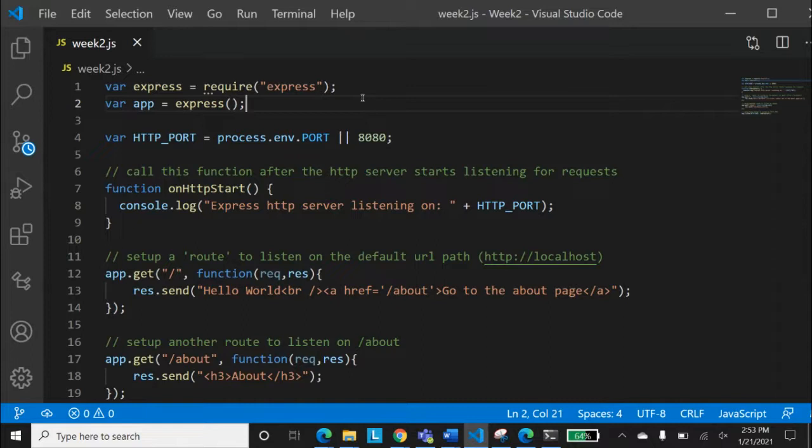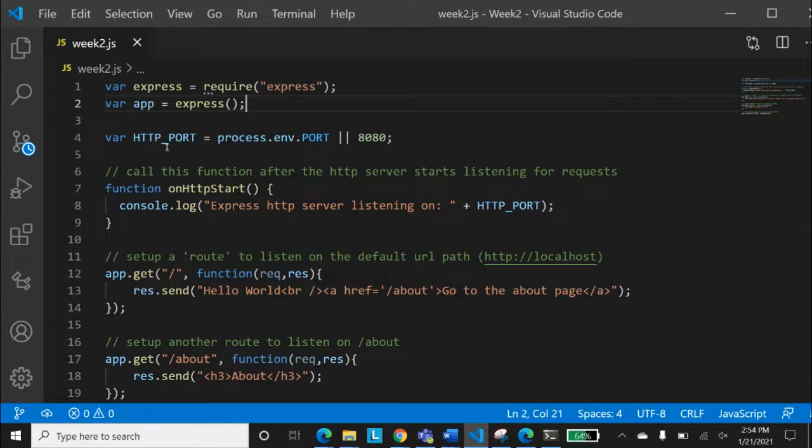So this express will be accessing the Express server or Express facility. And then what we have done is var app is equal to express. So this express method, or whatever you call it, will initiate our app, and that app, in general terms, is basically calling on a server. It's basically starting up a server.